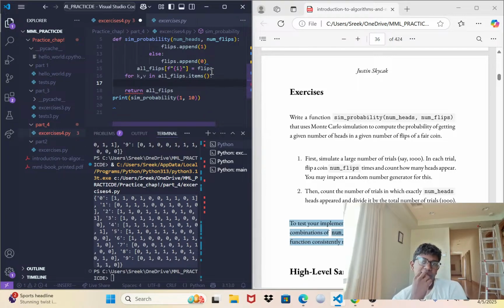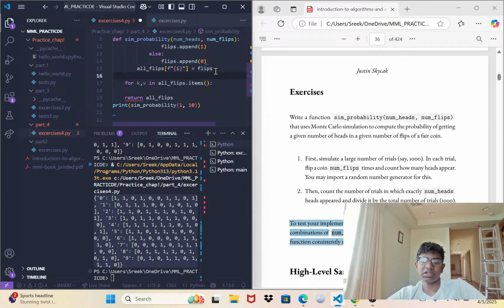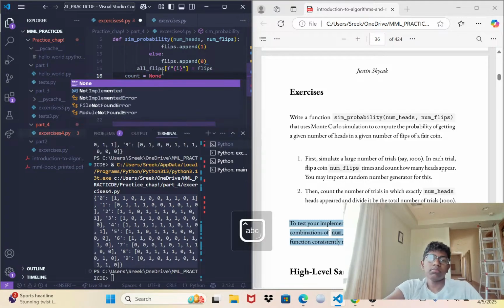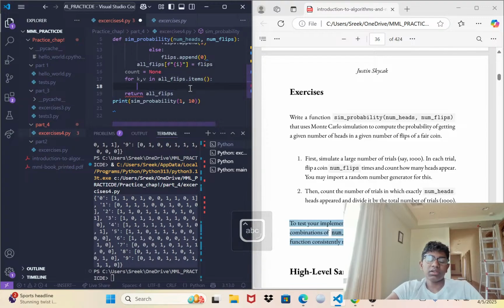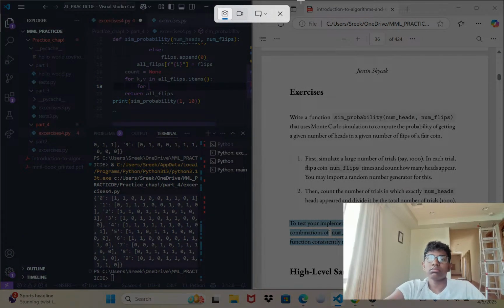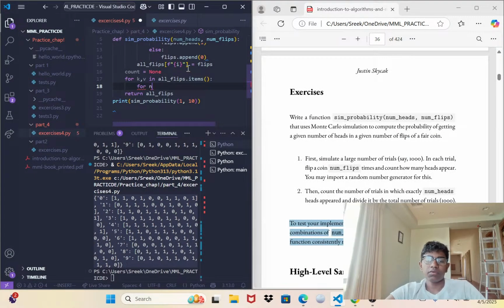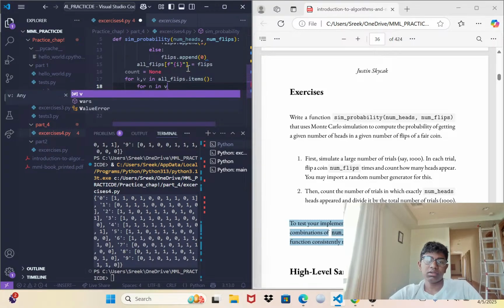We could do, for example, count. Okay, so we need to add a counter variable. So let's say count equals none, right? So we say for n in v,